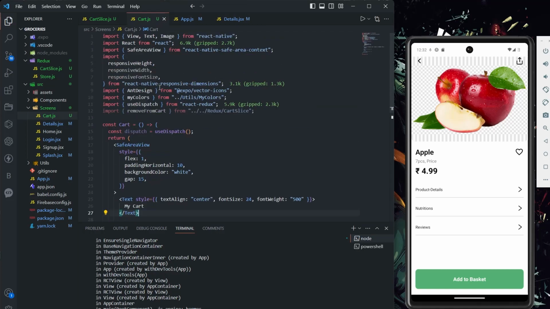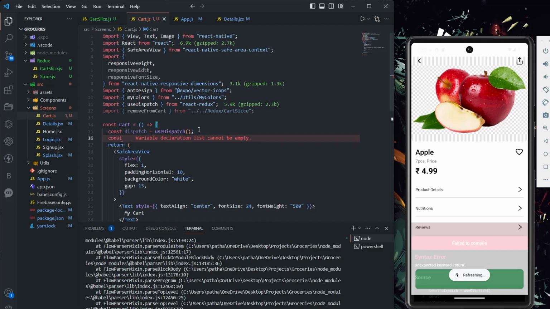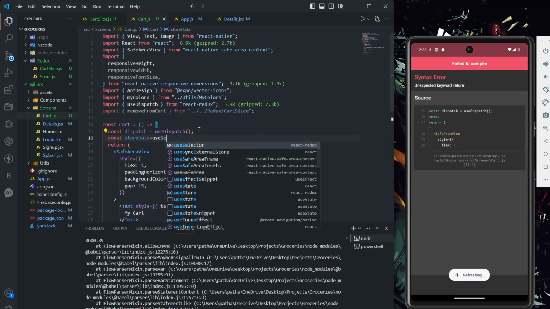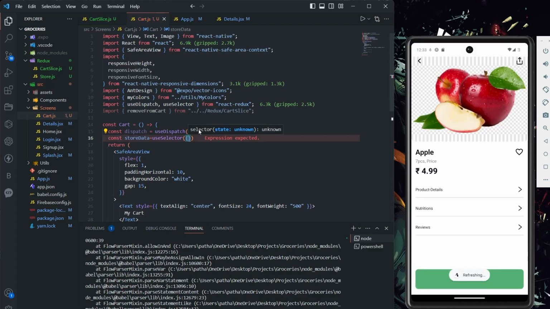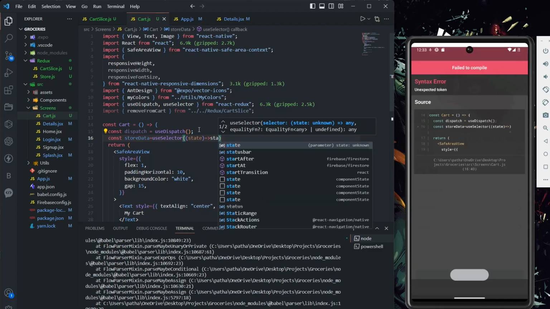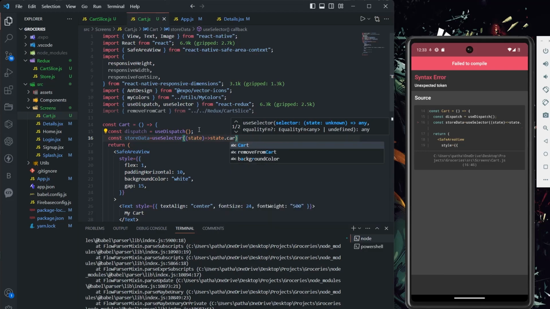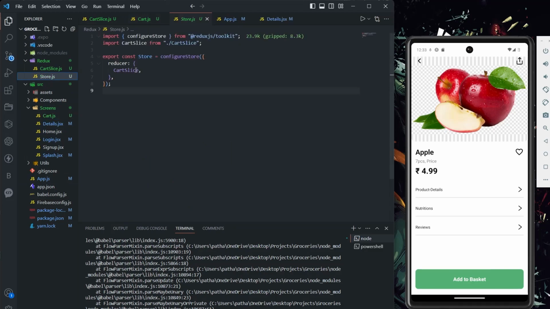So now how can we know that exactly the data is going or not? To check that, const store data equals use selector. To get the data from the store, there's a hook called use selector. Inside the hook, I'll say state only. You can name it anything, it's up to you. State dot, we have to pass the exact reducer name. If you see in Redux store, this was my reducer name, right? Make sure we pass the exact name